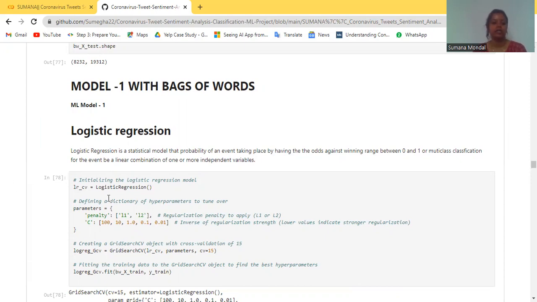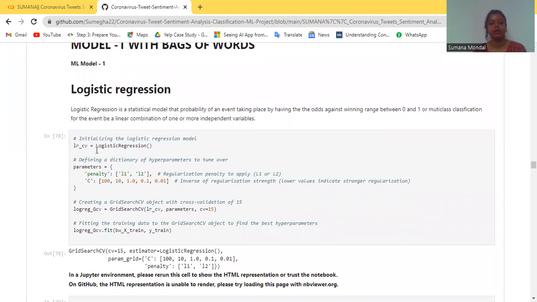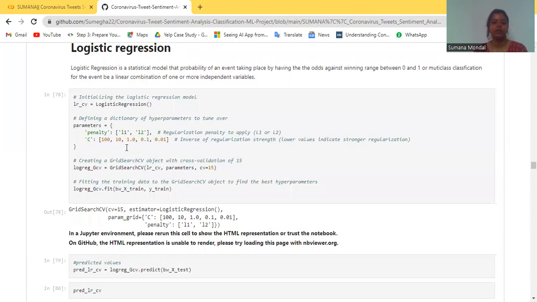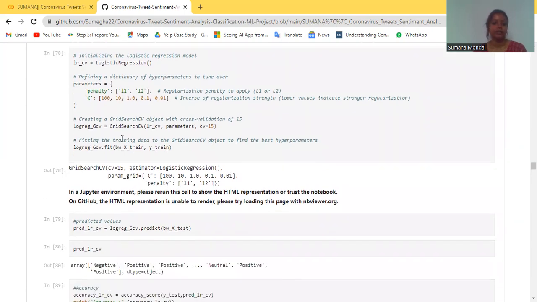First we analyze the logistic regression, that is LRCV, and we give the penalty L1, L2, that is Lasso and Ridge, and the inverse of regularization strength, lower value, that is we are selecting 10, 1.0, 0.1 and 0.01. Now we are creating a GridSearchCV object with cross validation of 15. You can see CV is equal to 15,